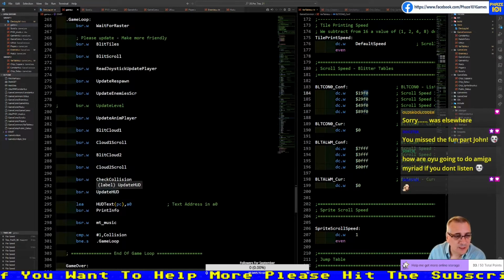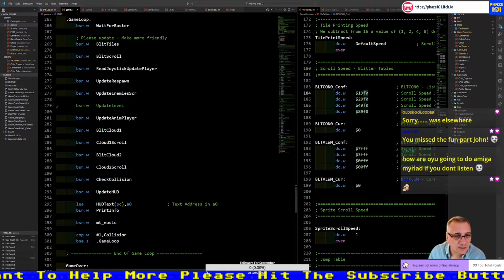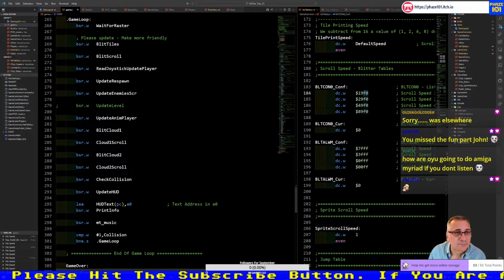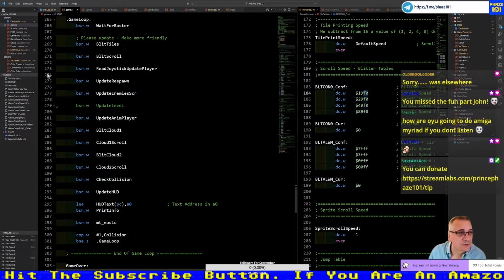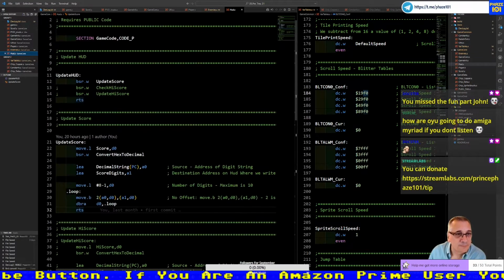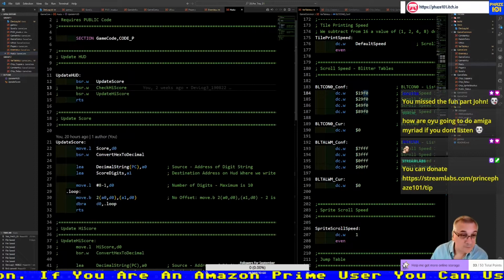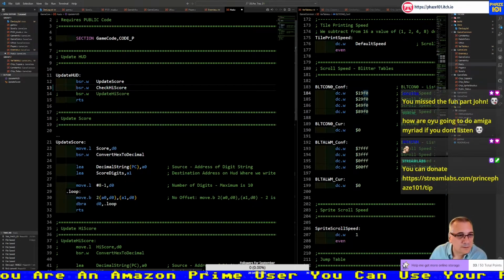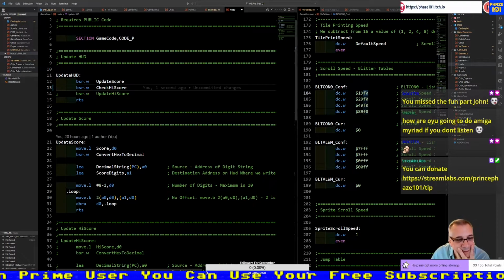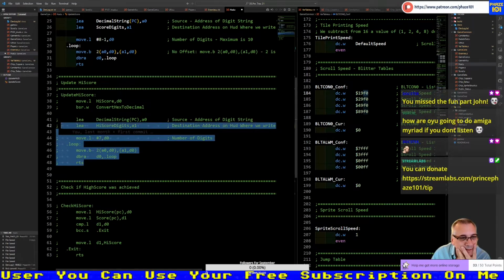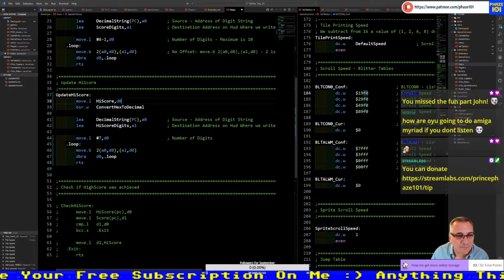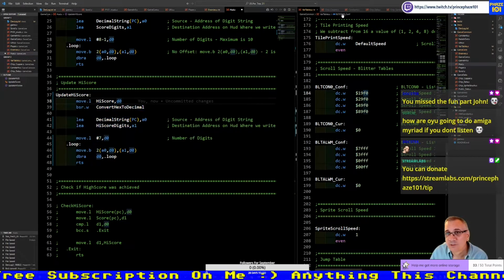Somewhere I should have where to update this score. Update HUD. That should be in HUD. There you go. I think it's going to be very easy. So we have the scroll routine here. This is from the previous game. And let's make sure that the HUD